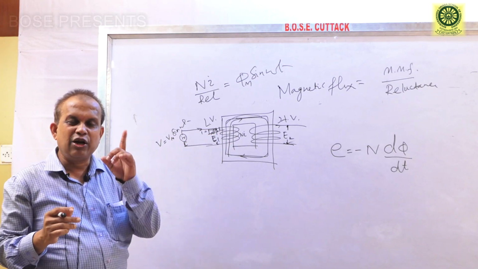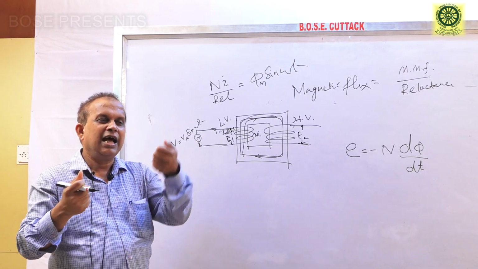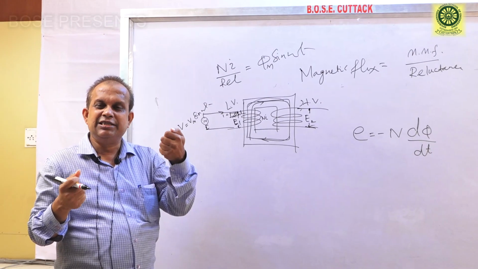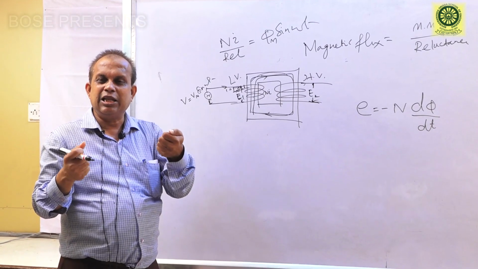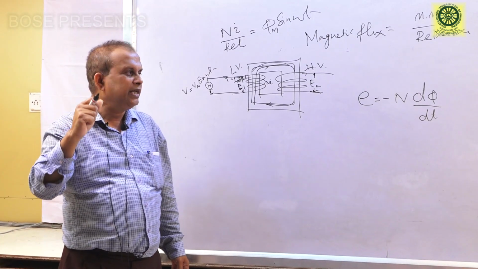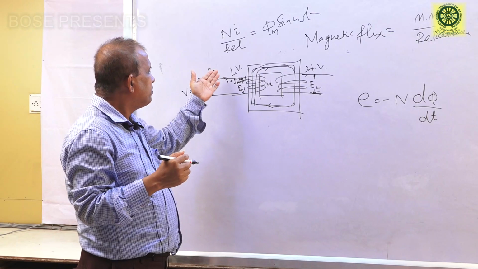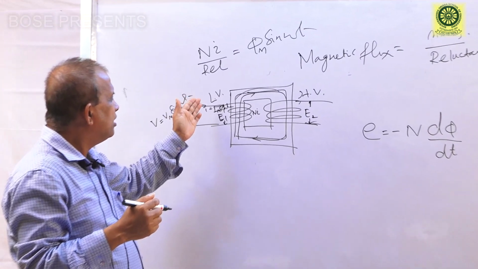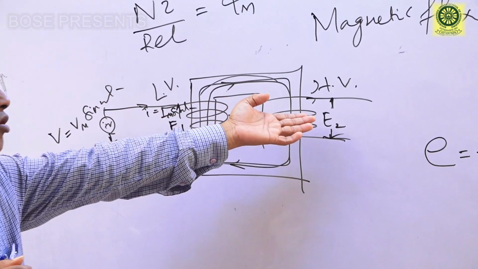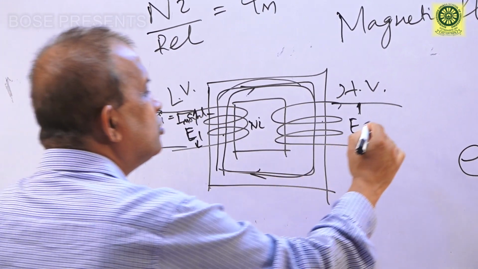Whenever there is one coil, there is the self-induced EMF. Whenever there are two coils and the current in one coil is changing its magnitude, then there will be an EMF in coil number 2, known as the mutually induced EMF. In this way, the voltage is produced in coil number 2, which will be supplying power to loads.